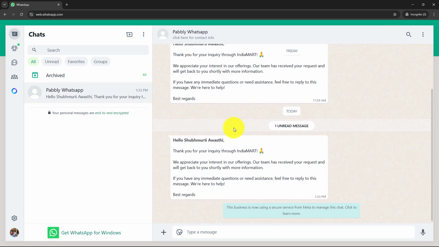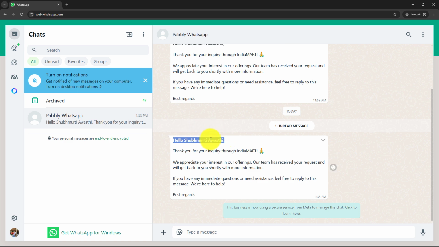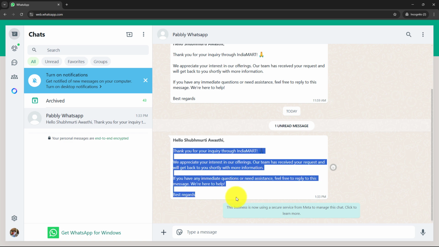Let's open this. And here I can see that I have received the message, hello, and this custom variable has been replaced with the name of the lead. Thank you for your inquiry through IndiaMart, and this is the same exact message. Now, as I've added my own phone number, I was able to show you the WhatsApp message which I have received on my WhatsApp. But if you want to check if the message is delivered to your customer or not,